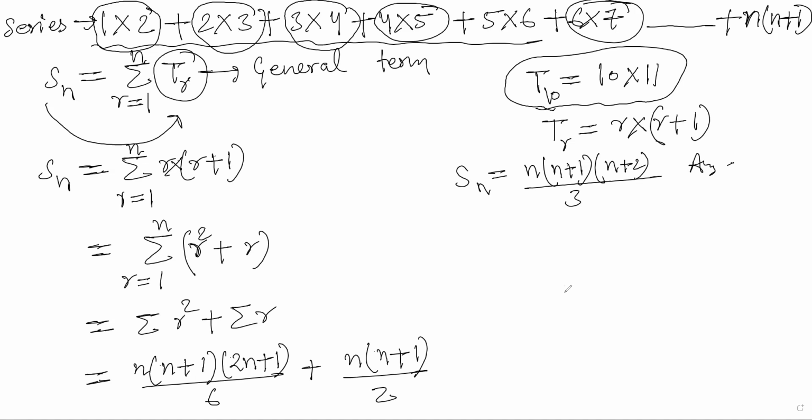Try to solve some more questions from the series part. These are not very easy, but these are doable. You just need to find this general term. And how to find the general term? You need to observe the pattern. Try to write the fourth term, then the fifth term. You can also find the analogy that T4 is 4 into 5. So from here you can directly see that if it's Tr, then it should be r into